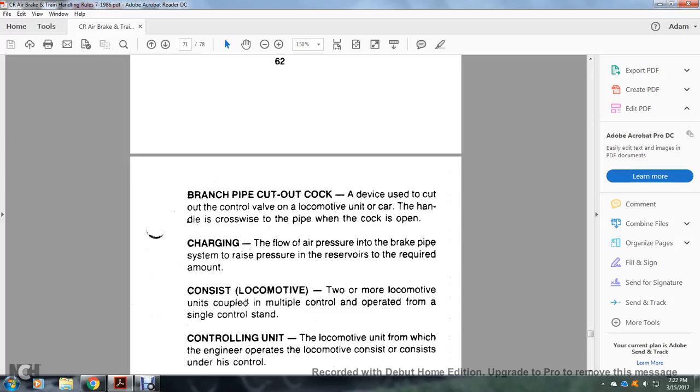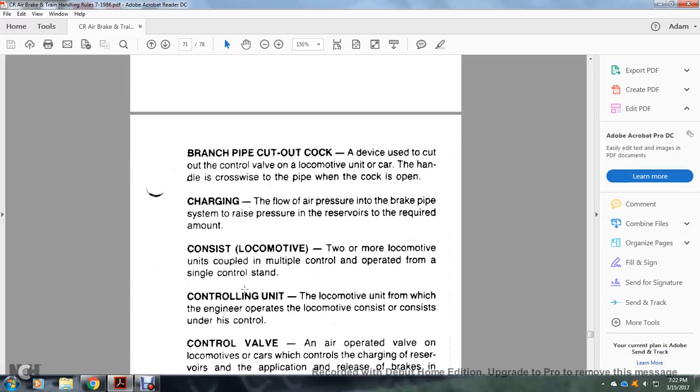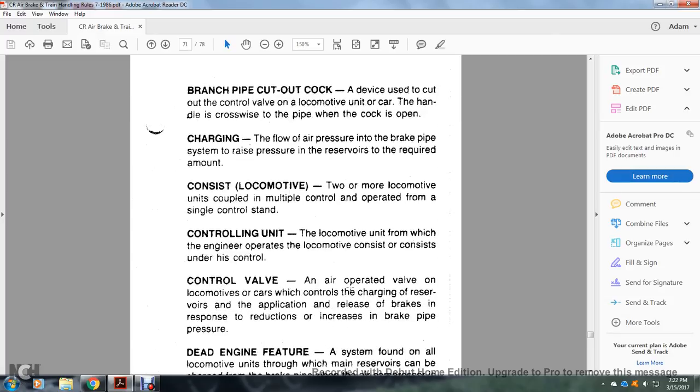Locomotive consist: two or more locomotive units coupled with multiple control operated from a single control stand. Control unit: the locomotive unit from which the engineer operates the locomotive, consisting of the control valve and air-operated valves on the locomotive and the cars, which control the charging of the reserve, the application and release of the brake, and the response to the reduction and increase of the brake